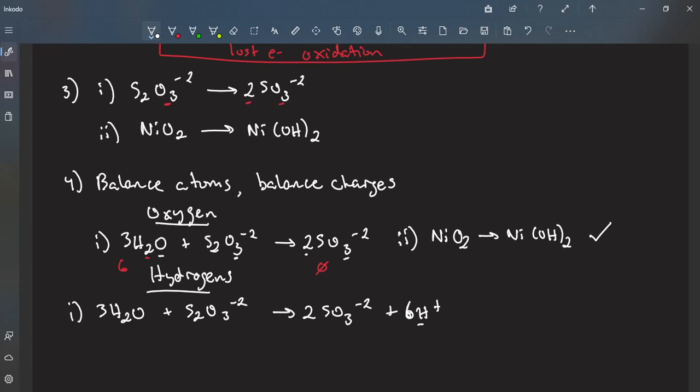Hydrogens are now balanced. Now our other half reaction, let's count how many hydrogens we have. We have 2 because of that subscript, right? We have 2 hydrogens on the right and none on the left. So to balance it out, we're going to write 2 hydrogens on the left. All right, so now the oxygen and hydrogens are all balanced, and we can continue